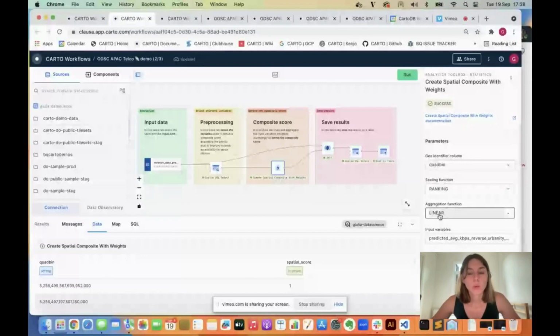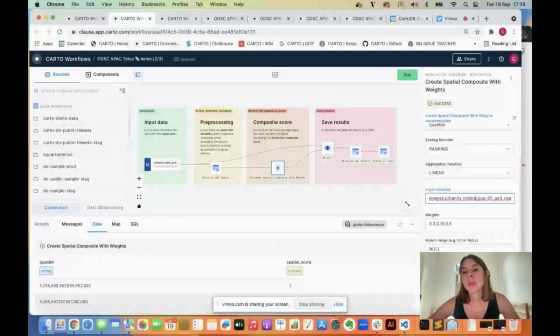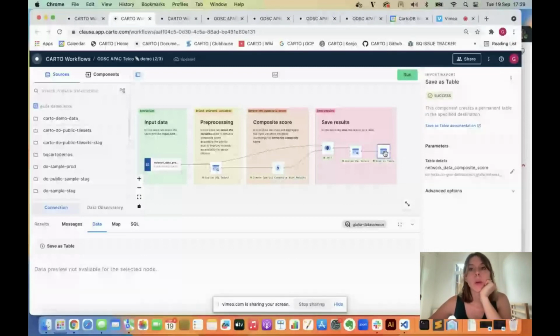Then we have to say how we want to aggregate the variables. We're saying here that we're doing this linearly, and which variables we're going to include: the reverse of the network speed, the urbanity, and the proportion of senior citizens, and also the associated weights. And finally, we're saying that we want to bin the final results into 5 different priority levels. And finally, again, we are saving the results to a table that we can use then to create a map